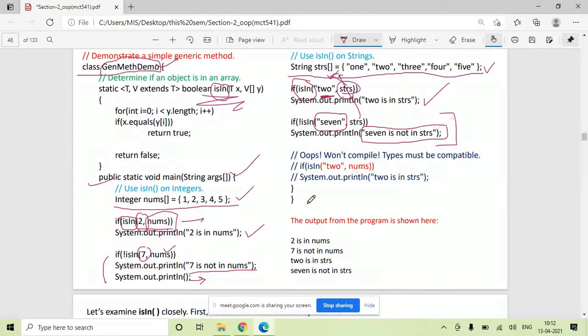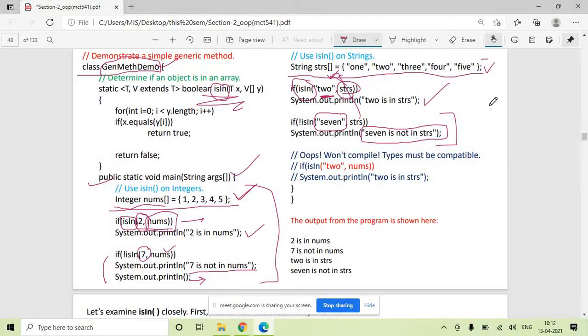So here, in the first part, we are doing a searching operation with respect to an integer value. An integer array is there, and we are searching for an integer. 2 is an integer, 7 is an integer here, and we are searching whether these integer values 2 and 7 are there in the nums integer array.